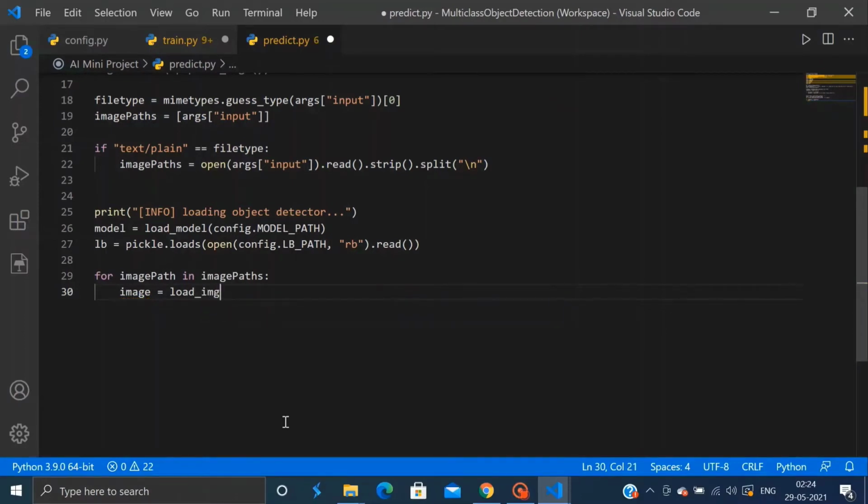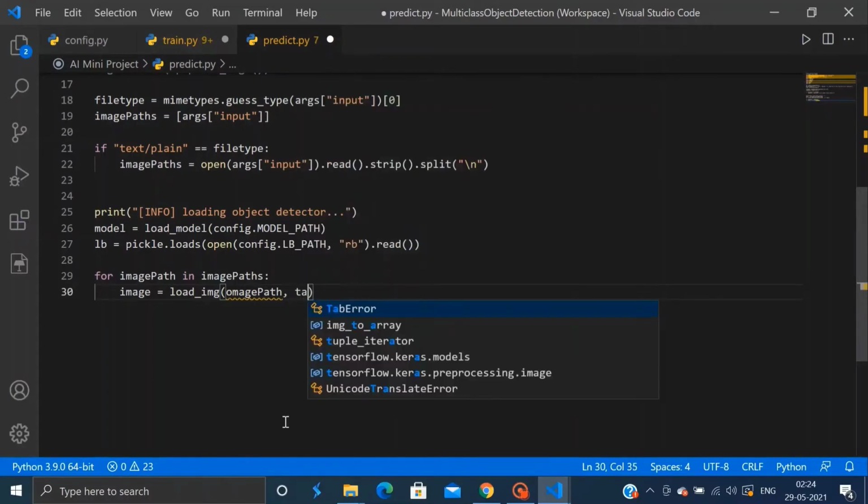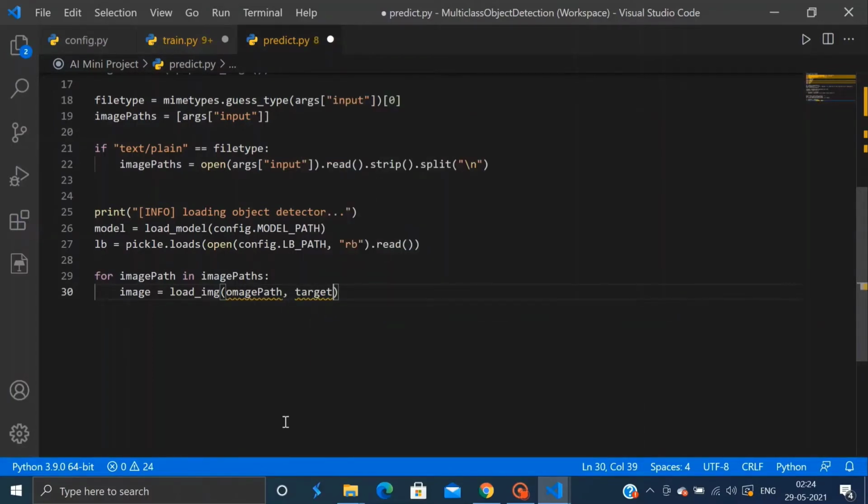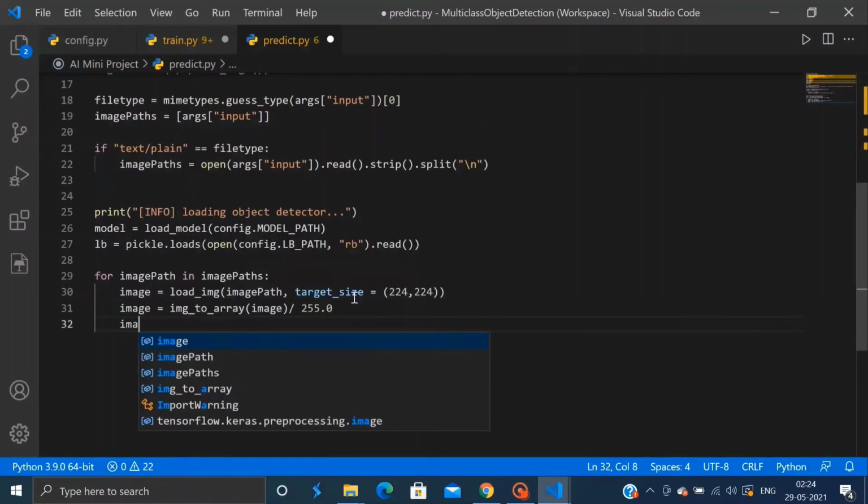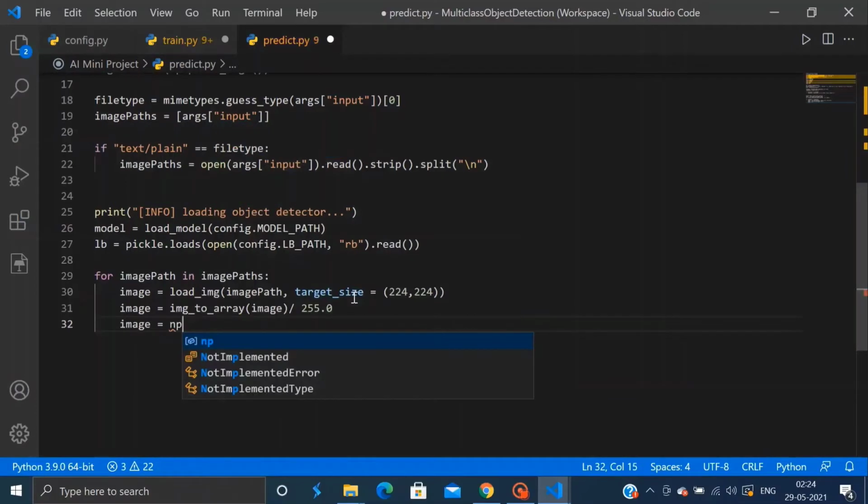So image is equal to load_img, and we will resize it to 224 by 224 pixels, so my target size will be equal to 224 by 224. Then next we will convert it to a NumPy array and scale the pixel intensities to the range from 0 to 1. And then finally we will add a batch dimension to the image.